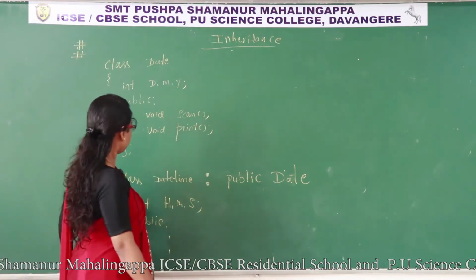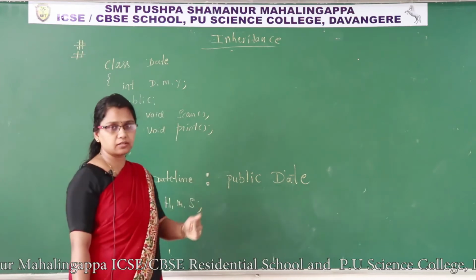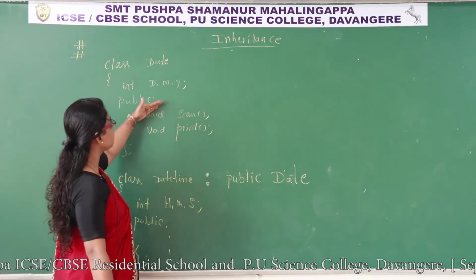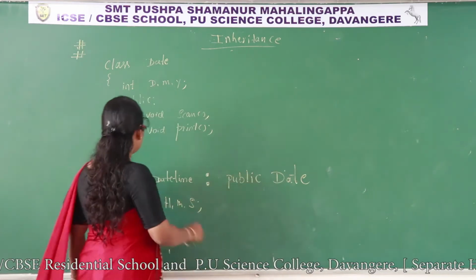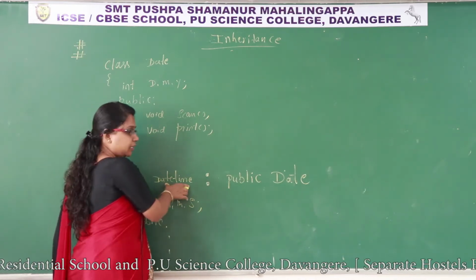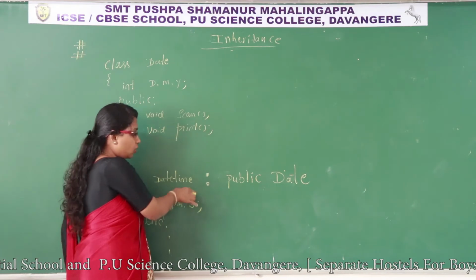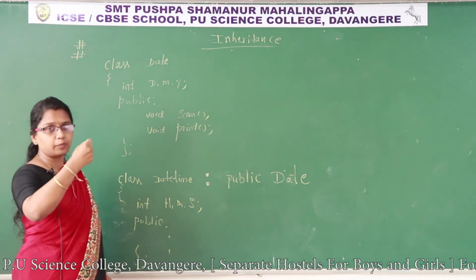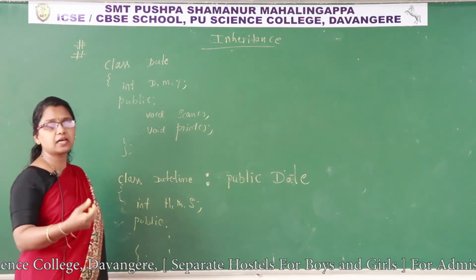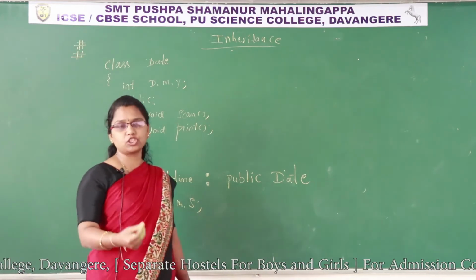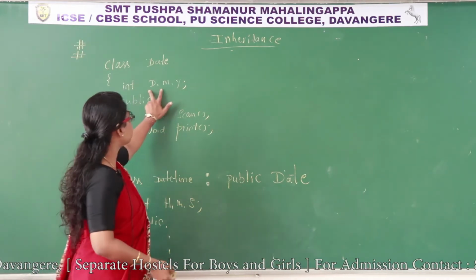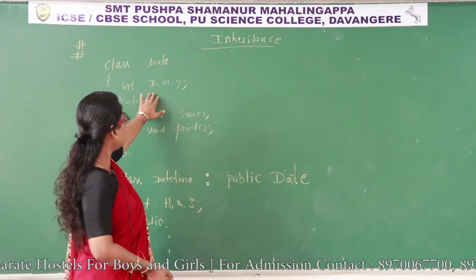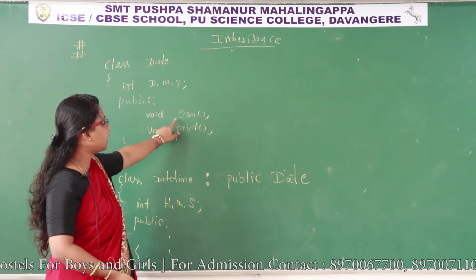Now what does the syntax become? When you write this statement, what you need to understand: date time is a class. This class inherits the properties of class date. Class is a keyword. Date time is the derived class name. This is called a derived class. Who is going to access the properties of the existing class? Here properties are nothing but attributes and functions. Attributes means data members. Three attributes, three data members: day, month, year. So they are all called data members. And two functions: scan function and print function.